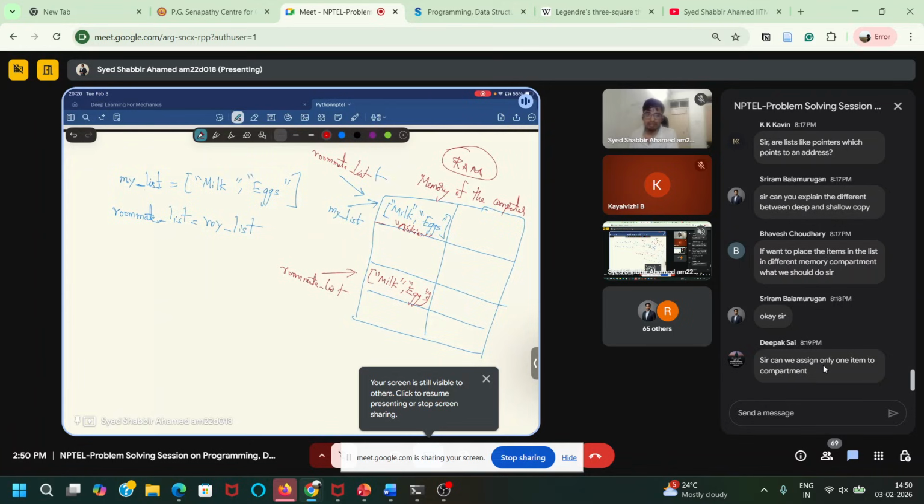I'm just explaining this for general purposes. It is not literally shared like this. I'm explaining that there will be some compartments, but there are a lot of deeper things into this. This is a simple way to explain, like bins, there are different bins. So hope you understood. That's why if I change roommate list, my list is also getting updated.